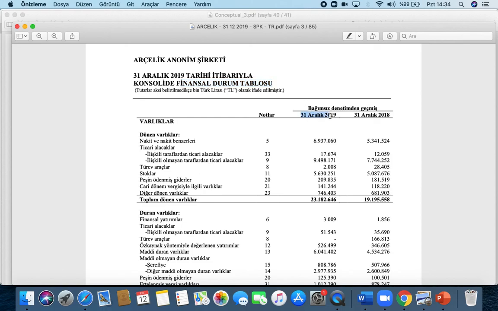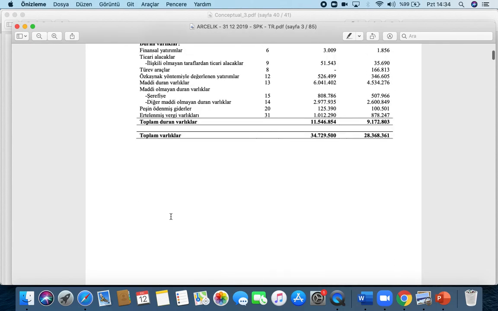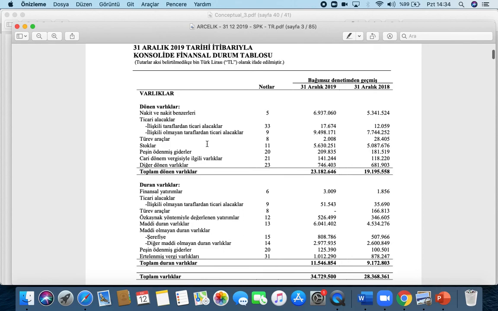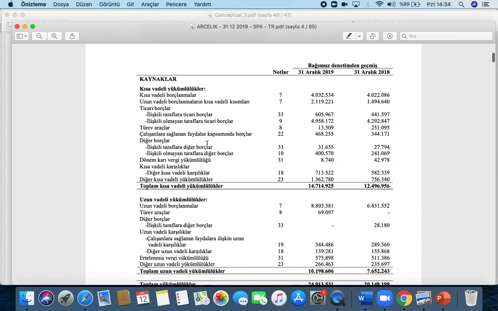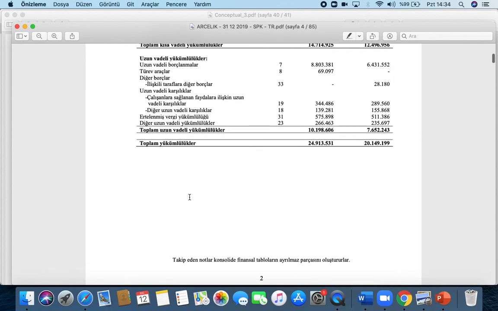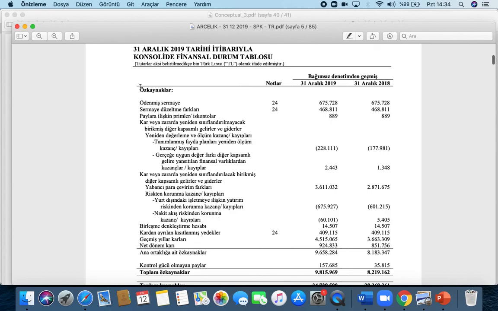Look, as of a single specific date. It is the end of 2019 and it is the end of 2018. So one can easily compare the one year assets, and these are current assets, non-current assets. Think about that. This is the left-hand side of the accounting equation. Then let me pass to the right-hand side of the accounting equation. This is the liabilities, the short-term, long-term liabilities. And at the end of the day, this is the owner's equity. So we are going to construct this.